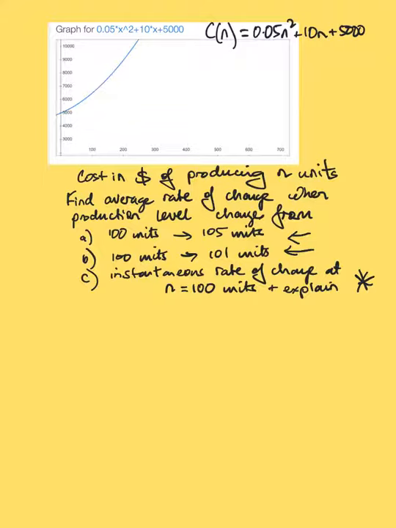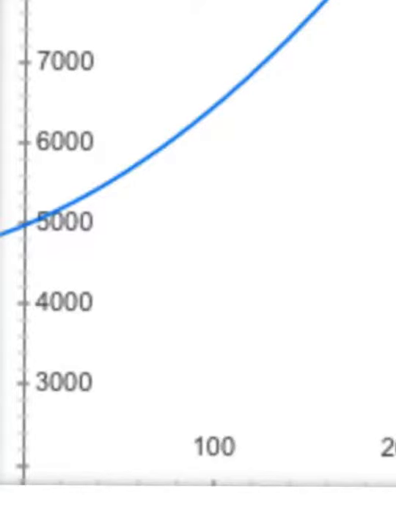Now, if you look at the graph here, it's a very, very steep parabola. If you put this into your calculator, it's not really going to be able to show you a lot because you have to zoom out so much. So we're going to use this by understanding that the rate of change is the gradient at that point, like when we were doing the dive example. So if I was to really zoom in to where it's 100 and 105,